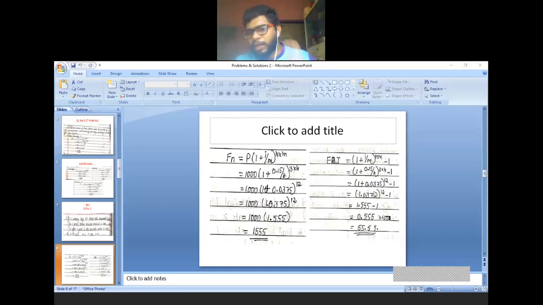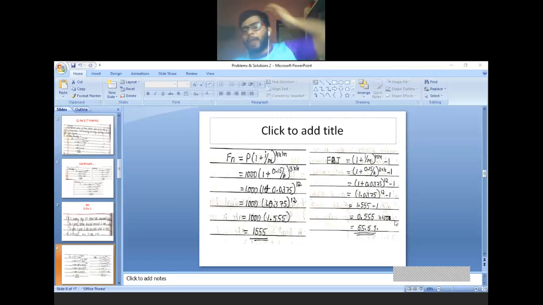I will give you the instruction. Use direct step. Do this part first. 0.15 divided by 4. You will get one answer. Directly plus 1. You will get one answer. To the power 12. You will get one answer. Directly minus 1. You will get one answer. That is a long digit you will get.